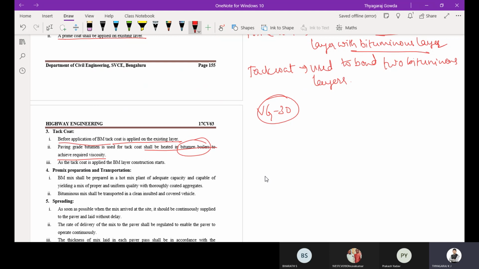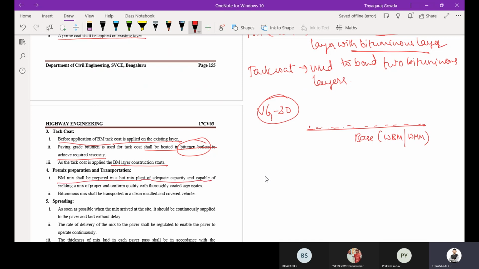As the tack coat is applied, the BM layer construction starts. Whenever you apply the tack coat on the base layer, that is the WBM or WMM layer, the construction starts. Then premix preparation and transportation: the BM mix shall be prepared in a hot mix plant